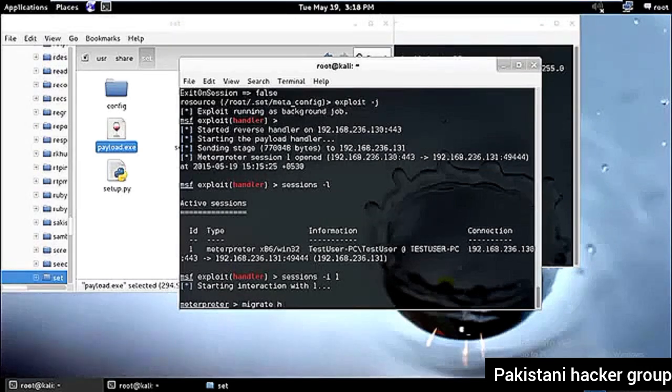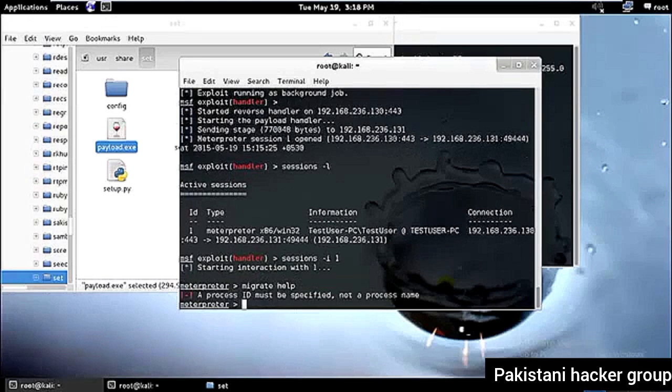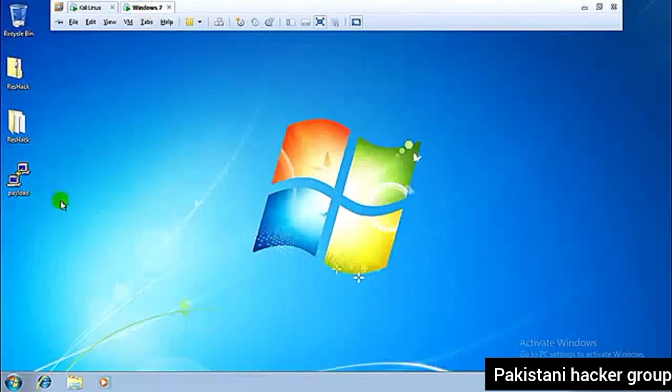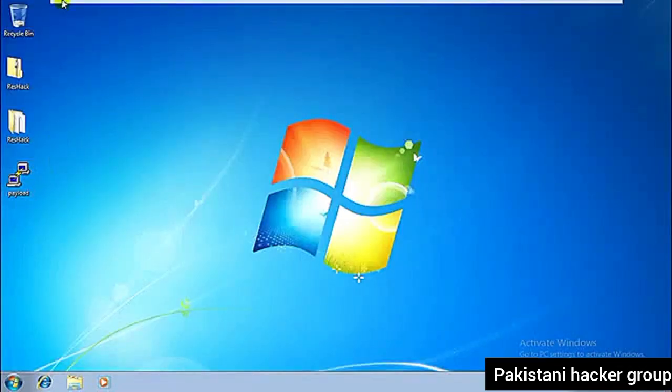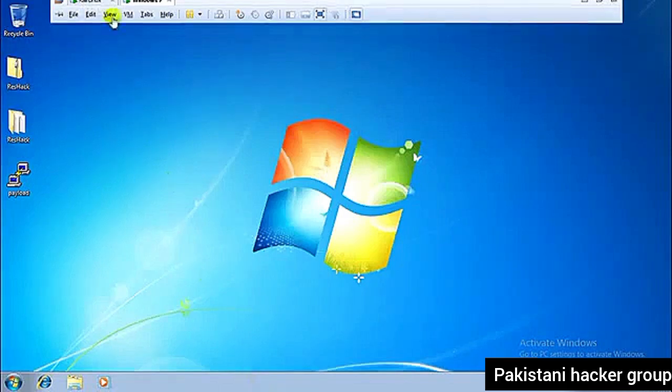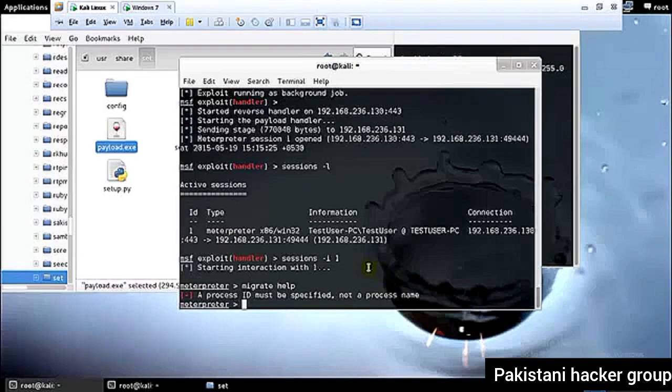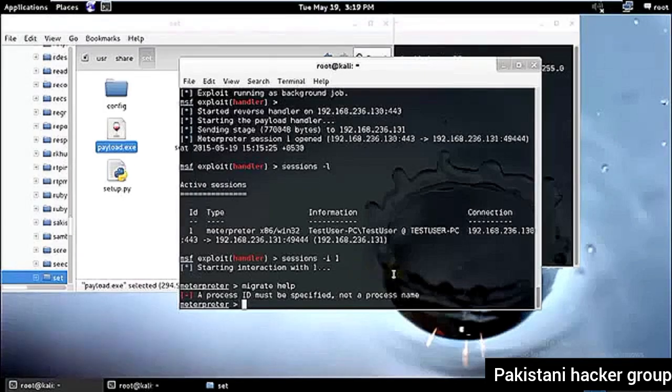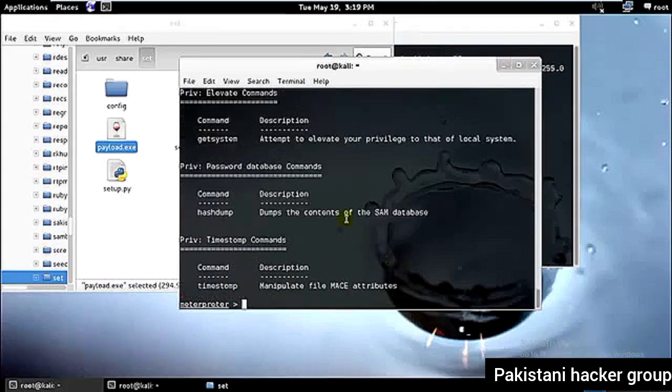So I'll type migrate and then help, and as you can see, a process ID must be specified and not a process name. So we need the process ID for our payload that's running here. Since we're running Kali Linux, we don't know the process ID of the payload running. So let's type help and see what all we can do by using the